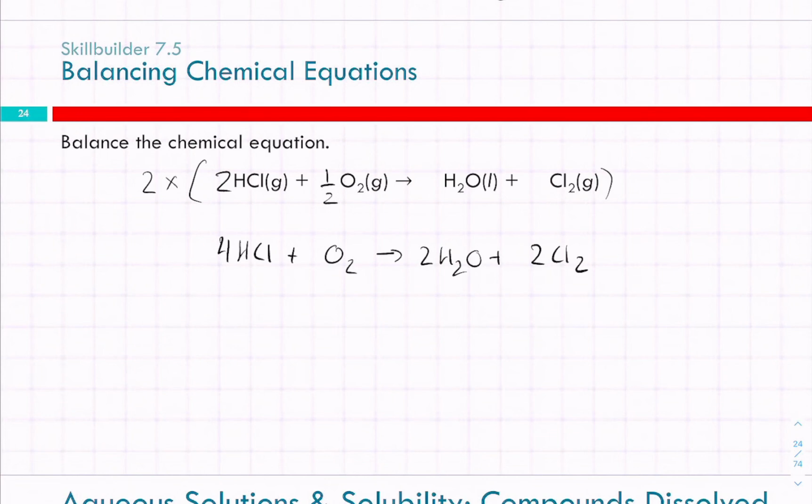If it comes down to a situation like this, where yeah, like how am I going to know when I need to use a fraction? So it'll be if you have an odd number of oxygens. It's usually oxygen that does this. So if there's an odd number of oxygens on one side and an even number on the other side, then you're going to have to use a fraction